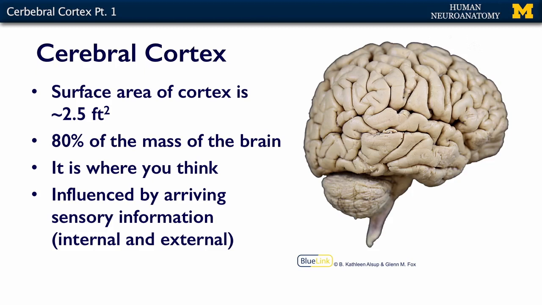It's influenced greatly by all of the sensory information coming in from the outside, everything you see and hear and smell and feel, and internal stuff, the internal workings of your own body, the things that your central nervous system can sense, and you can kind of self-generate. You think your own thoughts. So there are multiple levels of stimulation being integrated within the central nervous system, and most of it is going to be integrated in the cerebral cortex.